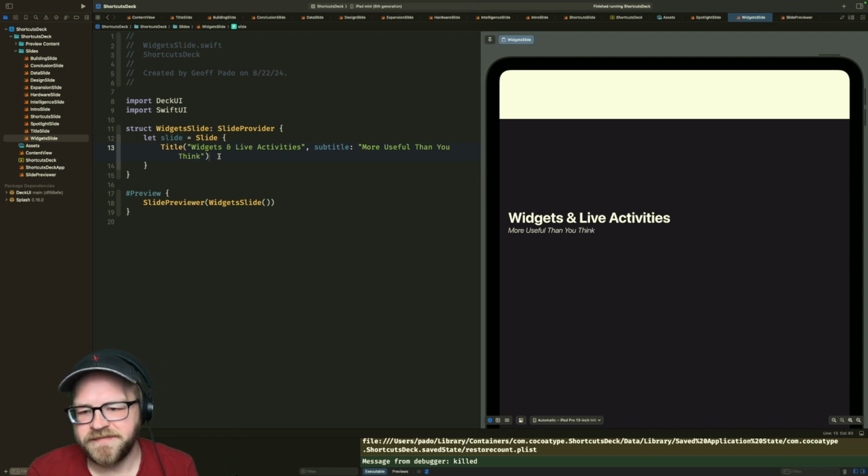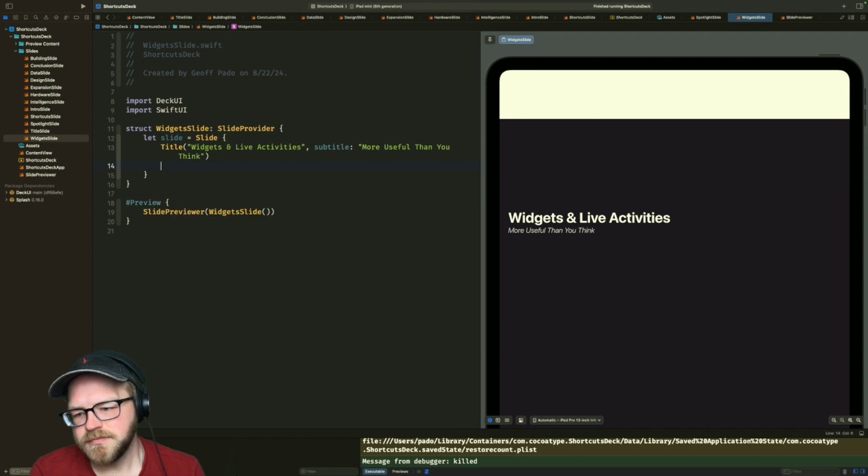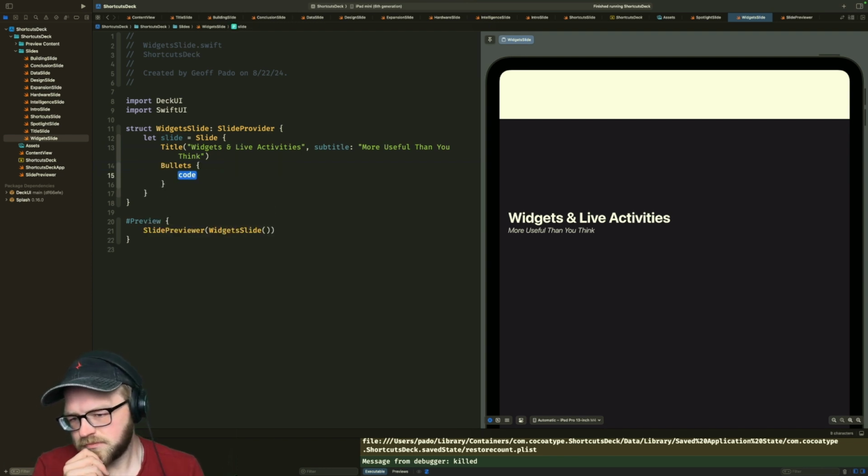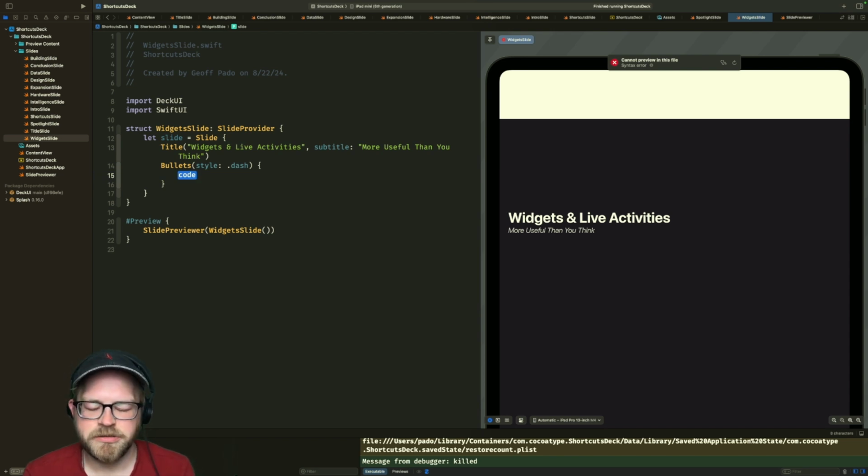Okay, so for widgets and live activities, what are the things that you can do with widgets and live activities? So you can have the configuration widget, used for configuration of basic widgets.